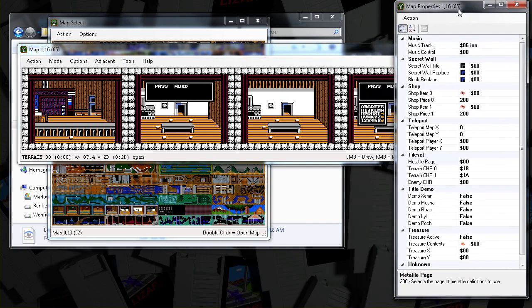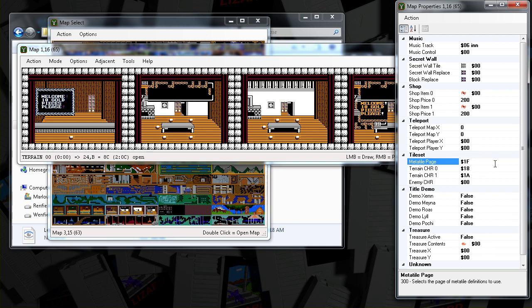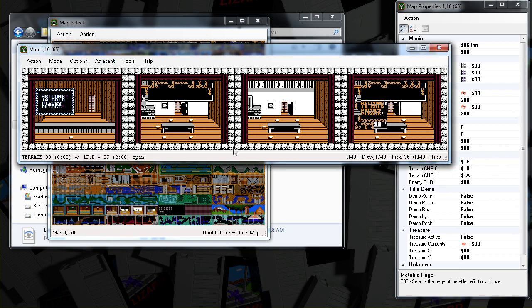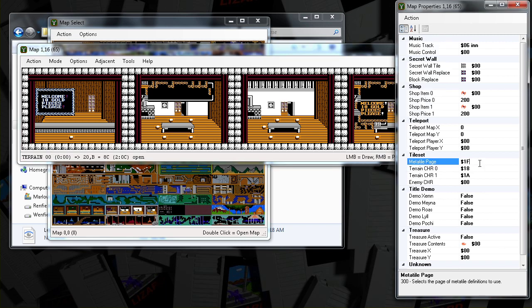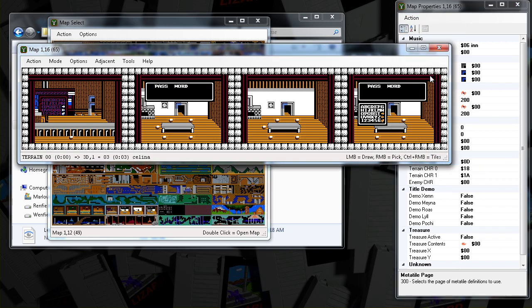This is just how the map data shows things, but you can change the meta tile page to 1F, and that's the one for inns. And now you can see the inn, and you can edit it. And now these 3 look wrong, but that's fine. While you're editing the inn, just have that meta tile. So you can undo anything. Here we can set back to what they should be.